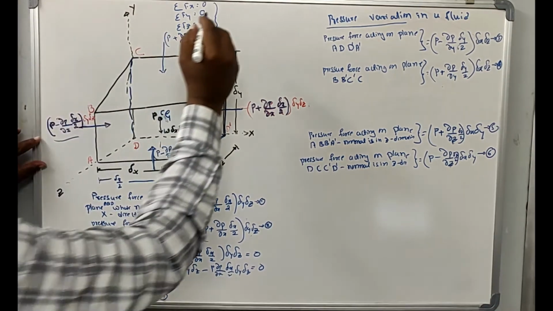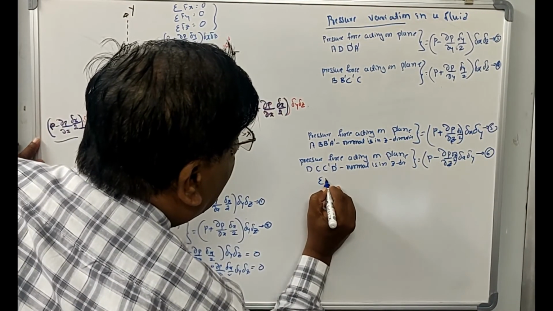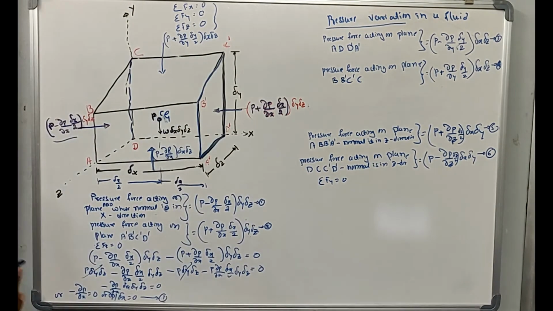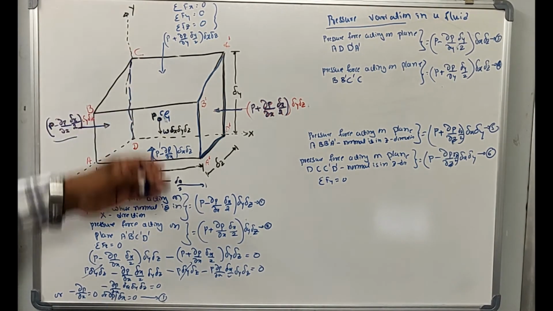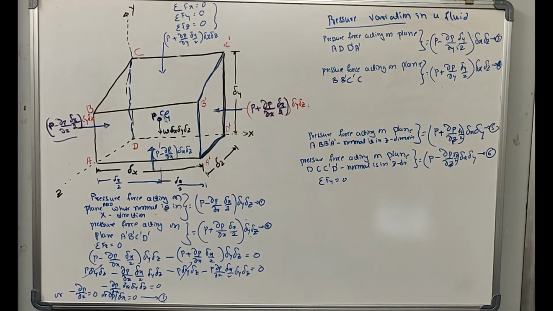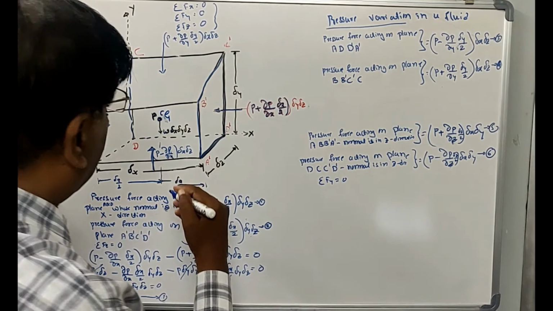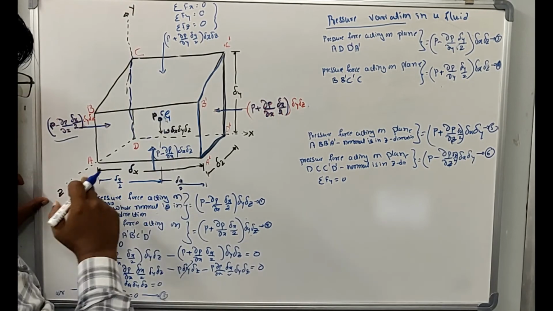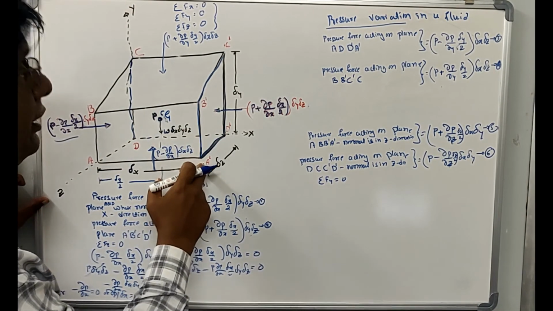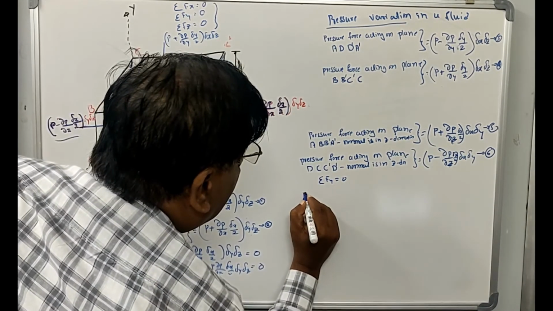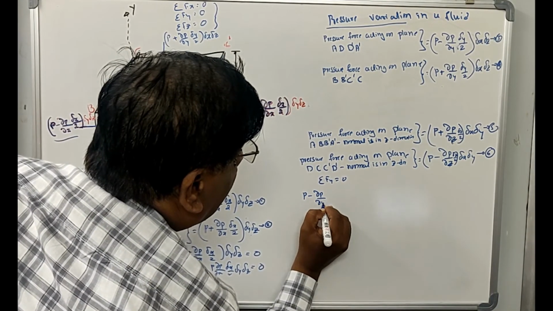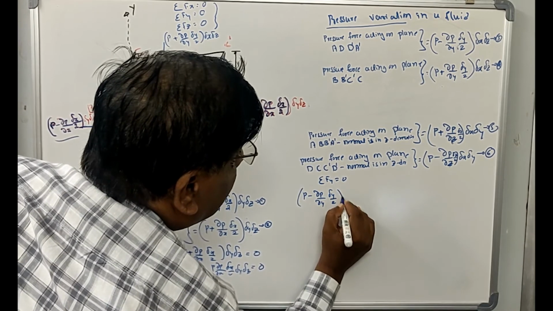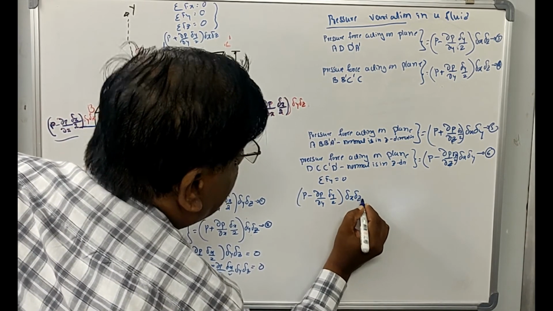Okay, let us satisfy the second equilibrium equation, that is sigma Fy is equal to 0. What is sigma Fy? This is the sum of forces acting in the y direction. So as the same sign convention, forces acting in the upward direction are positive and forces acting in the downward direction negative, as you considered in solid mechanics or engineering mechanics. So the force acting from downward to upward, that is on the plane A D D dash A dash, is P minus dabba P by dabba y delta y by 2, then the area is delta x delta z.